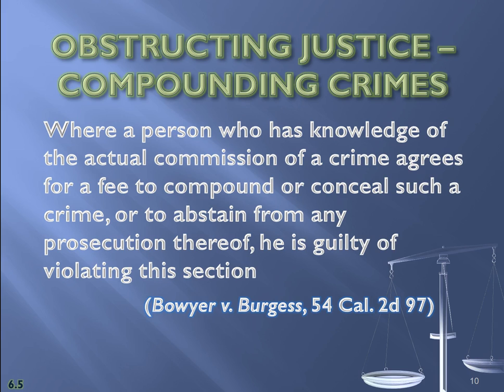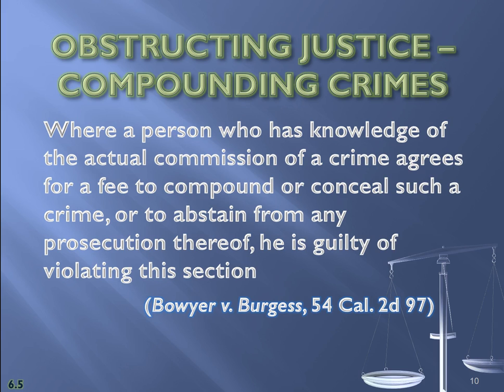Now, the administration of justice may be obstructed in many different ways, and for the purposes of the sections we're talking about, we're going to limit these to 5 different things, and we're going to go through each one individually. We'll review compounding crimes. We'll look at perjury. We'll look at subordination of perjury. We'll look at bribery and falsification of evidence. These are just the 5 things. There's more, but we're going to limit these to the 5 that fall under